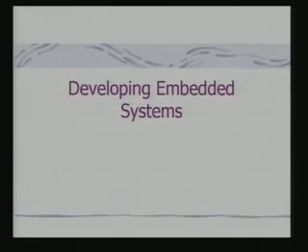Today we shall discuss different techniques and methodologies to be followed for developing embedded systems. We have looked at the design process. We have also looked at some of the features that are required in compilers to generate efficient code for embedded systems. Today we shall continue with the discussion in terms of architecture specific features of compilers and then the subsequent steps and methods to be followed for development of embedded systems.